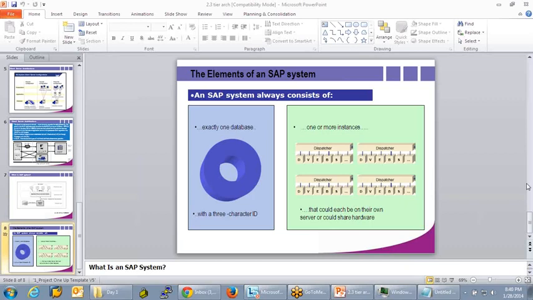If your server is well configured, with good RAM, good hard disk, good CPUs, good processor, then you can install 2-3 instances in a single box also. I will come to that later, maybe tomorrow or the day after. So nothing to worry. As of now, take it that the application layer can contain a maximum of 98 instances. Each instance contains one dispatcher and multiple work processes. That's it. I don't want to confuse you now.